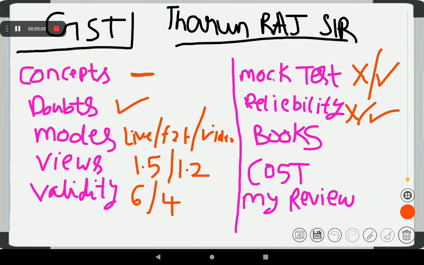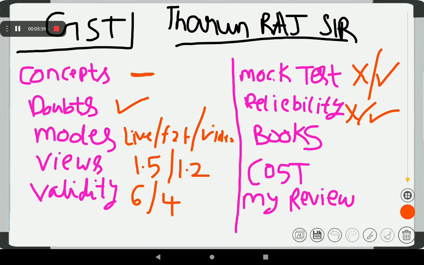Books. Sir provides concepts in one resource book, that is a concept book, a big book like the ISM book. Then for revision purposes, sir gives a practice manual which contains questions of RTP, MTP, ISM, and other questions. The resource book and revise book are colored, but I don't know whether the resource book is colored or not, but the revise book is colored, and the question bank was black and white when I purchased it, but I don't know now how it is. You can just check the specimen sample copy and you can decide whether to purchase it or not.